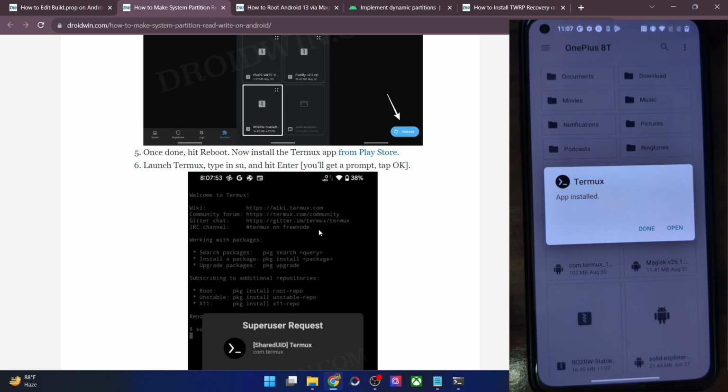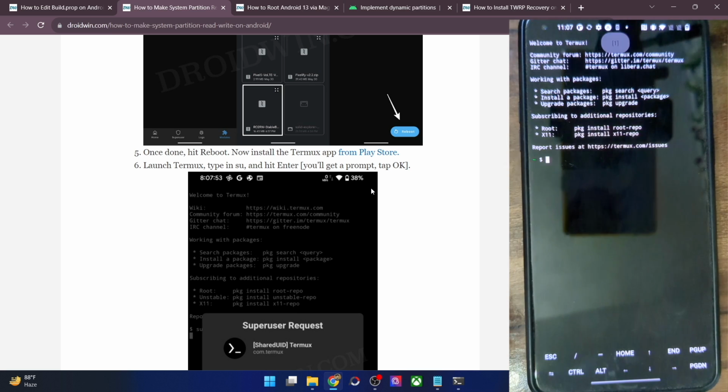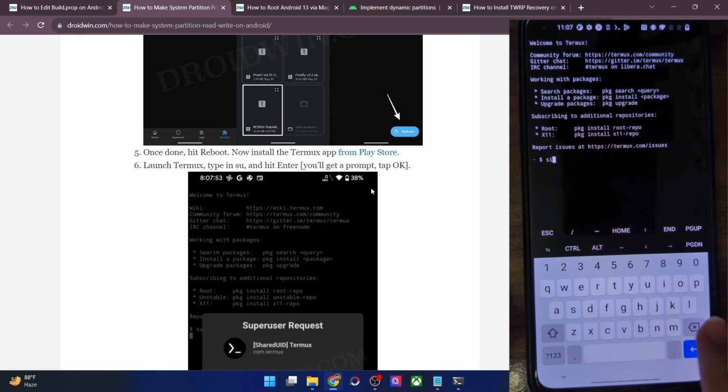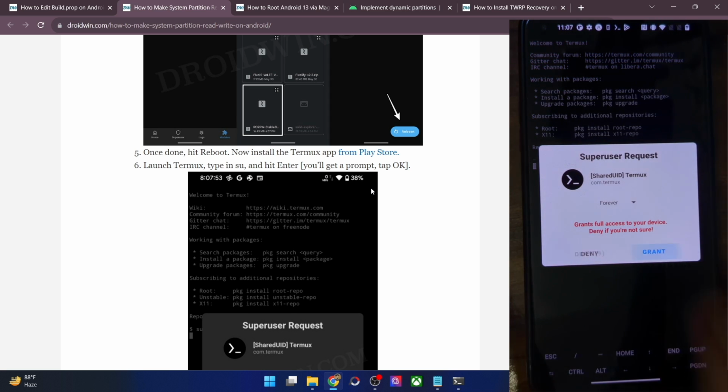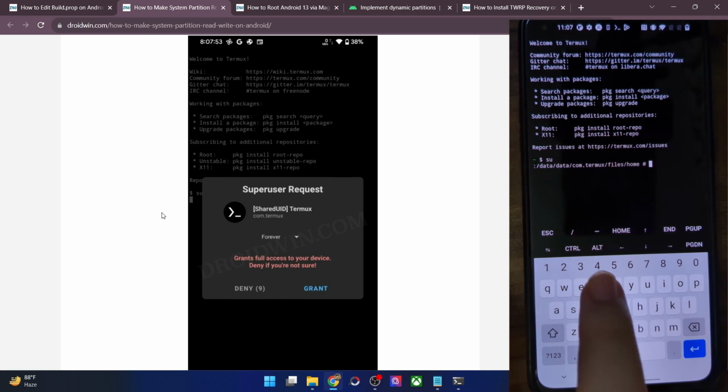So it's just for one-time usage. From the subsequent time, you don't require to carry out all this task. So first and foremost, you have to type in SU and hit enter. It will bring up a Magisk prompt. So tap on grant, and with this, it has got the Magisk prompt. So you will now have to launch the module. For that, type in the module name, which is